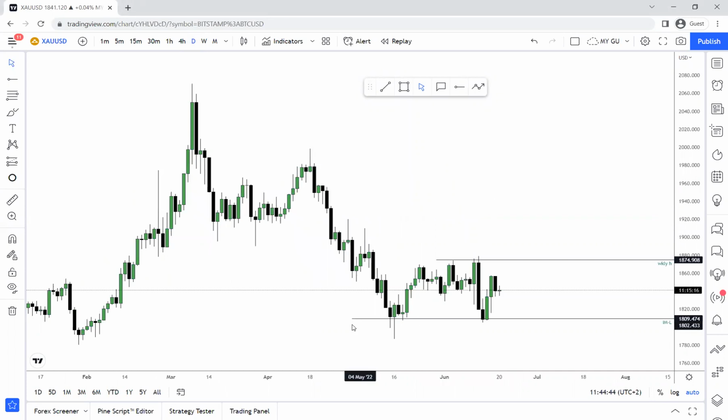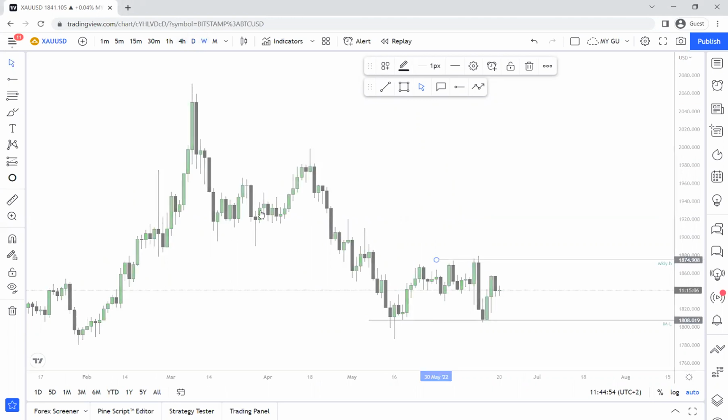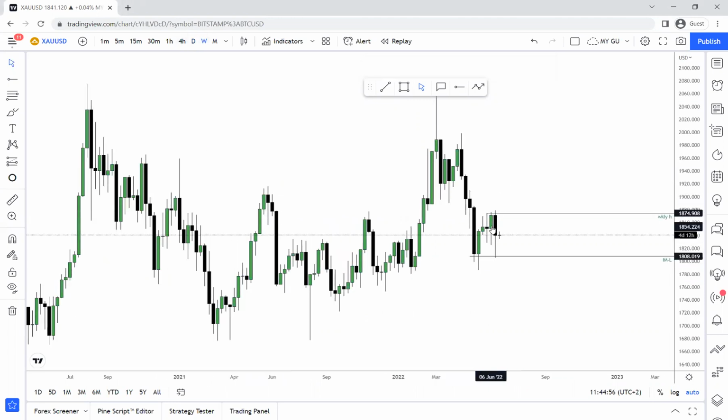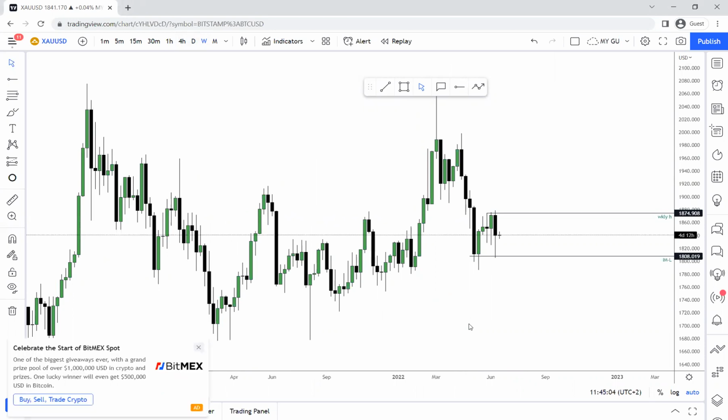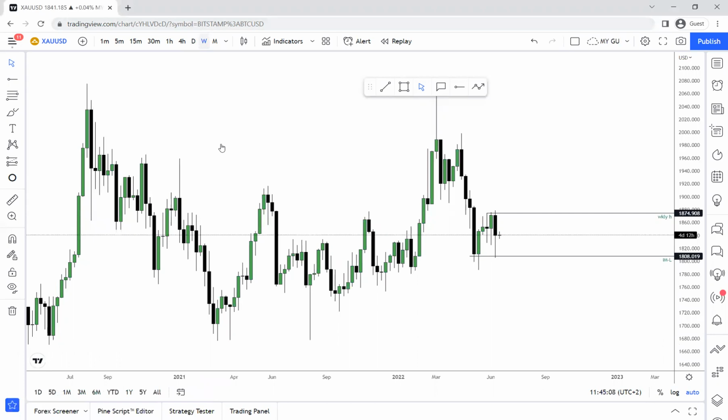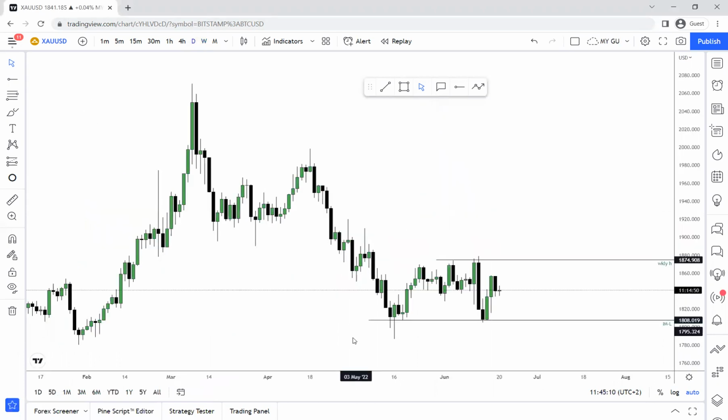All right, now that we have our important zones, let's move on to the daily time frame. We can't really talk about trend right now because we are in a very big range. If you look at the weekly time frame, we have 2, 4, 5 weeks in this range. So for trend, we can't really say much right now because price could go either way, and we are expecting it to go either way. Now let's move on to the daily time frame.